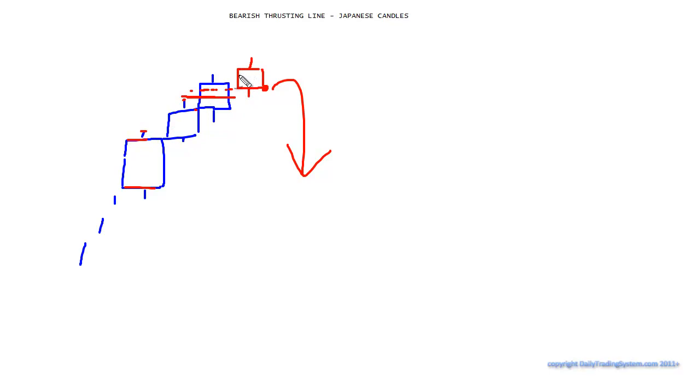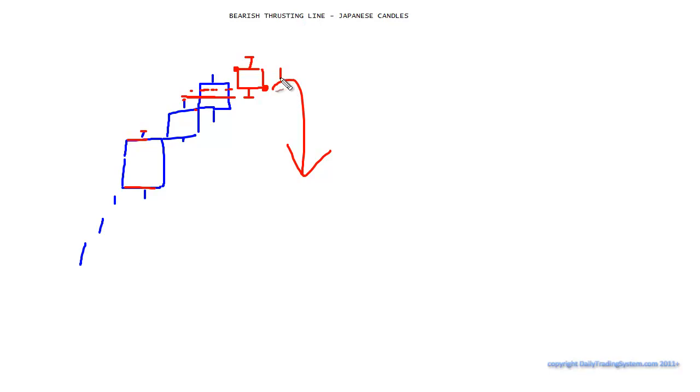And then eventually you see this one where it's gapped up higher for the open. It made a new high, but now it made a new low as well. It closed lower than the open, closed lower than the close of the other candle. Alright, so that's just letting you know right there that straight away there's a problem in this trend